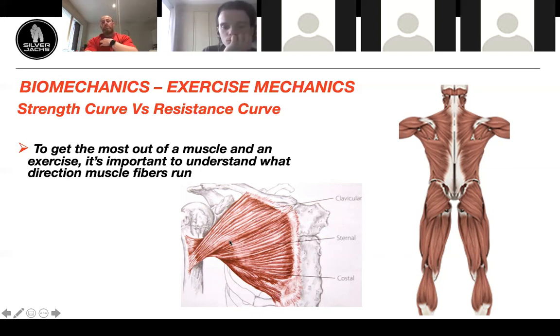So if you're like me and you struggle to develop your upper chest, then you need to be trying to align your exercises with the fibers in your chest. So they're running across this way. So if I'm pressing, I need to be pressing to make those fibers go shorter by pulling into the center up here where they're going to get smaller. If I'm trying to hit the costal pec, them fibers that run down that way, I need to be bringing that in lower down there